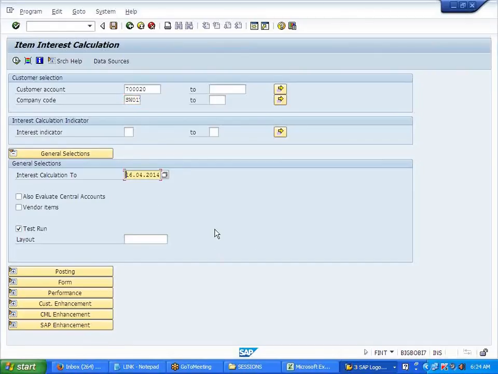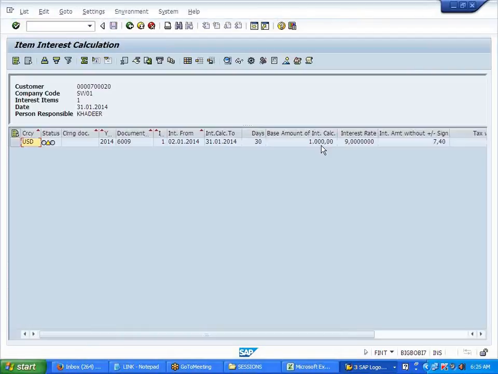Here I'm saying first I'll calculate interest up to 31/01/2014. For the whole month I'm calculating now. See here, it is in test run. Execute. Calculated. So for 30 days, right?